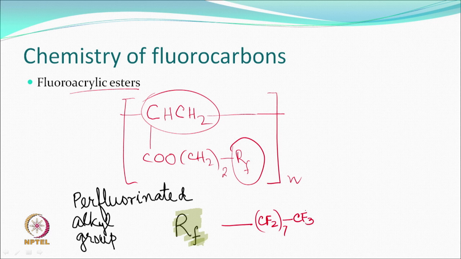So, perfluorinated alkyl group has been added, but in a generally acrylic polymer, right. Now, this RF could be very simple, as we have said, like this. It could be slightly different, it is okay whichever way one uses, but you have to have these branchings so that you can apply it like a finish onto a textile